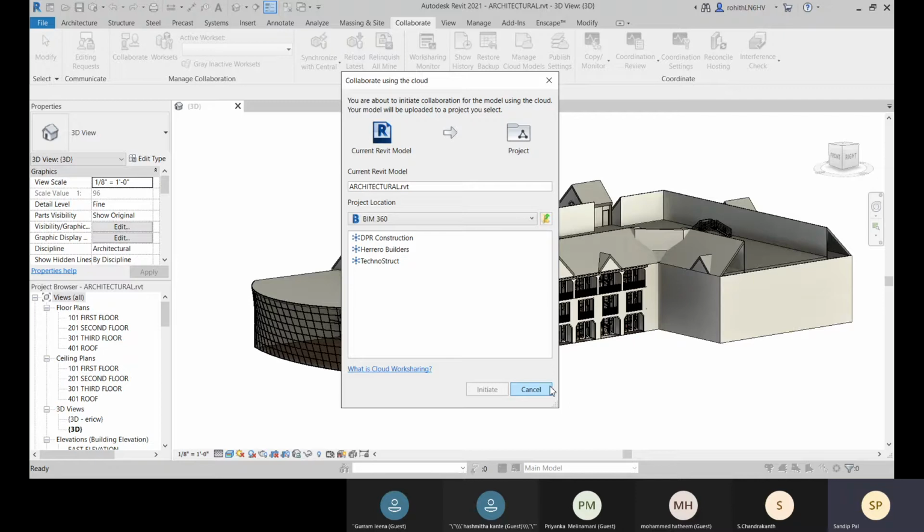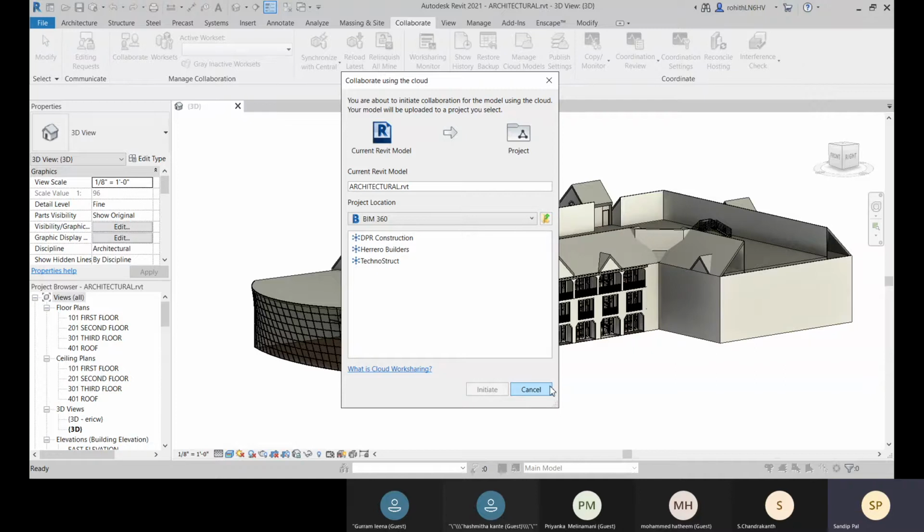Otherwise, if you change the central file, it cannot be accessed by any other team member, right? Suppose this file needs to be accessed by structurals. They cannot get the same file if you change this central file. So the central file will be there until and unless you all agree to update the changes.